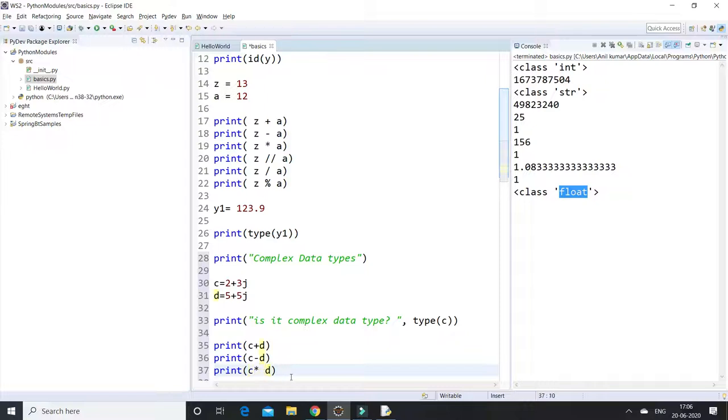You can give spaces between both variables or keep it the same, no problem. So let us run the application now.